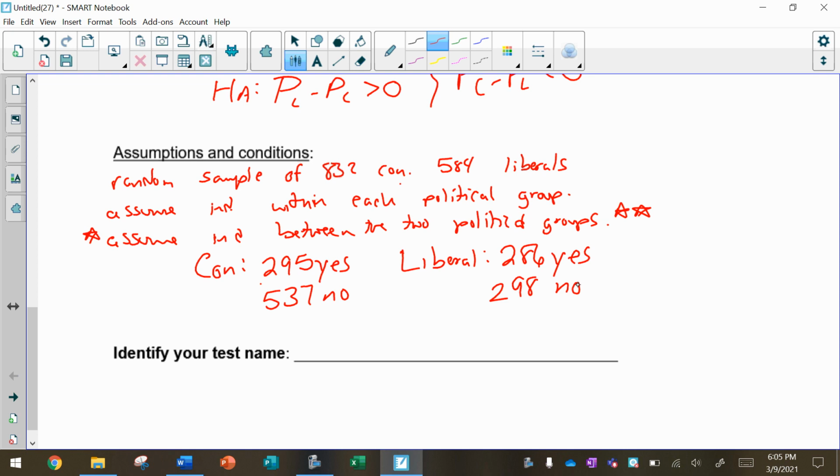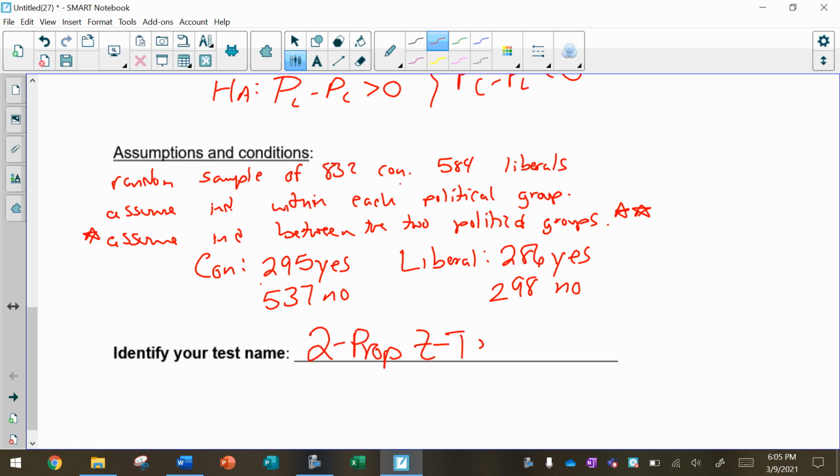So these are the exact same conditions you checked with the two proportion interval. No difference whatsoever. Do you have two random samples? Are those random samples independent of each other? Can we assume independence within each of those samples? And within each of those samples, do you have at least 10 successes and 10 failures? And as long as all of that is met, we do a two proportion